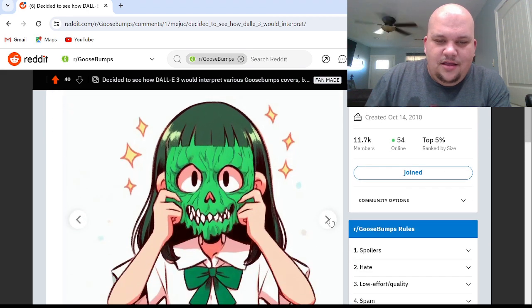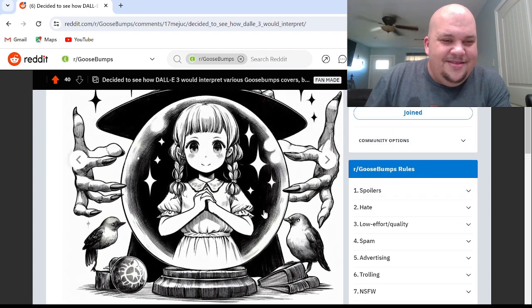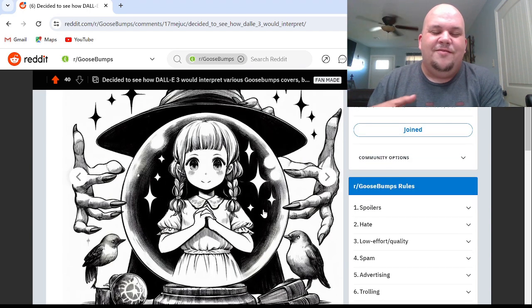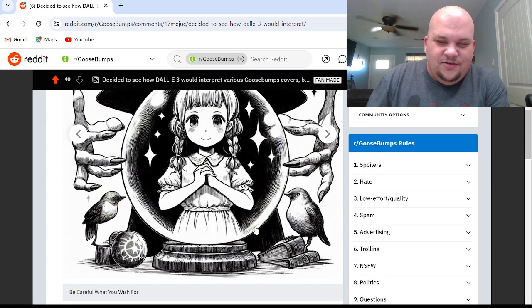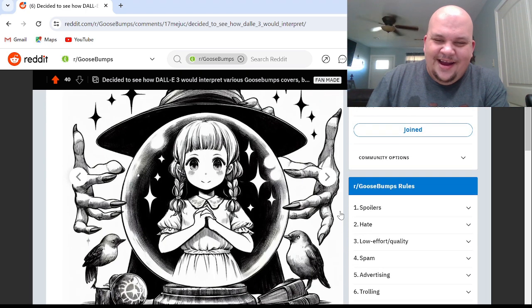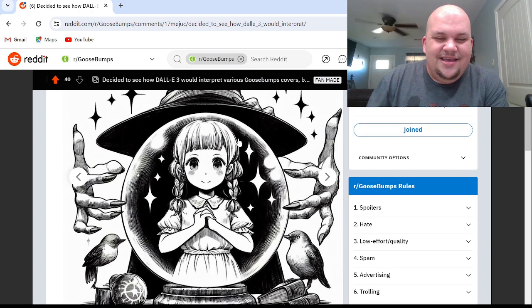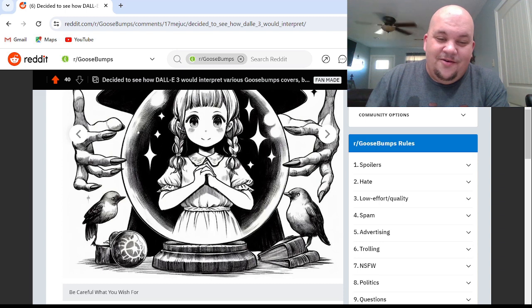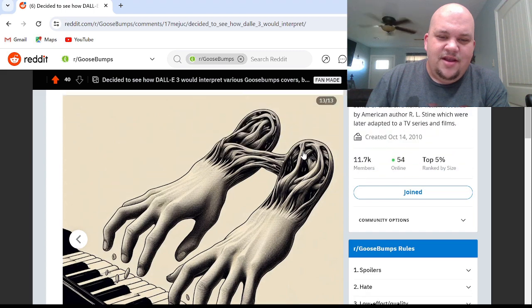Let's see. Okay. Be Careful What You Wish For. Another cool one. This looks like something out of a manga. I love it. Got these little sparrows right here. Got the creepy hands, the witch's hat, the stars. This would be really cool. We need a Goosebumps manga, everybody. Goosebumps manga, Goosebumps anime. Make it happen. Speak it into existence. And the last one is